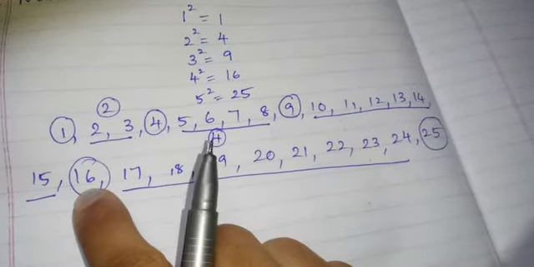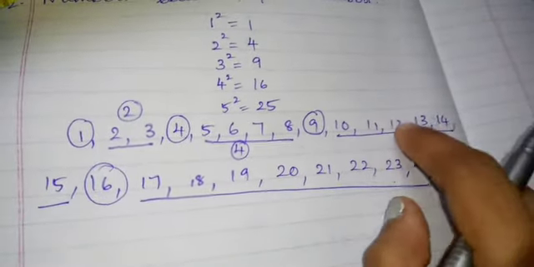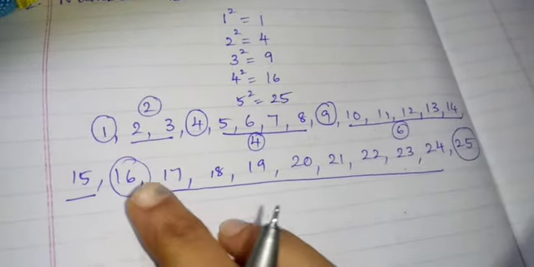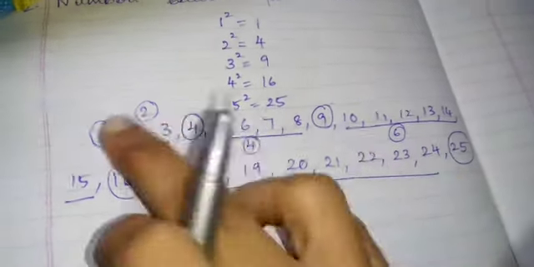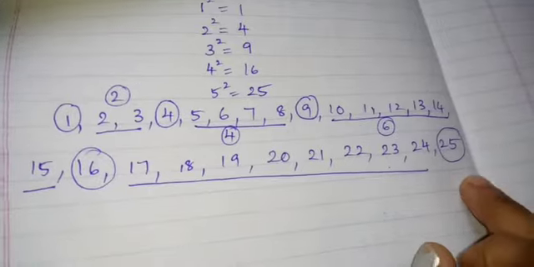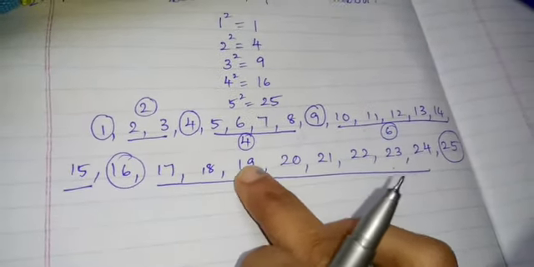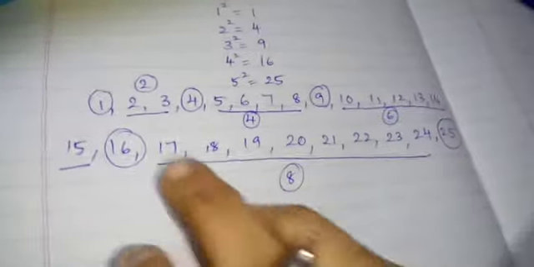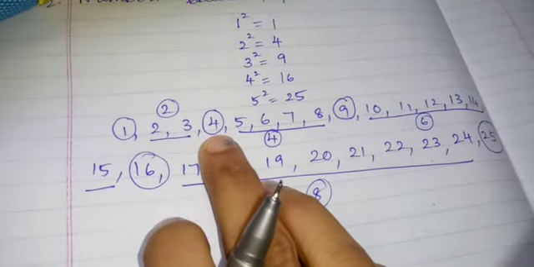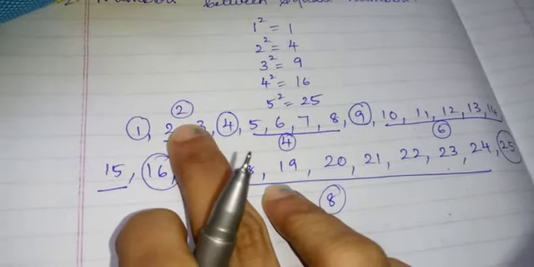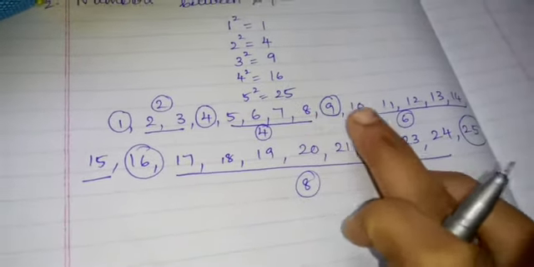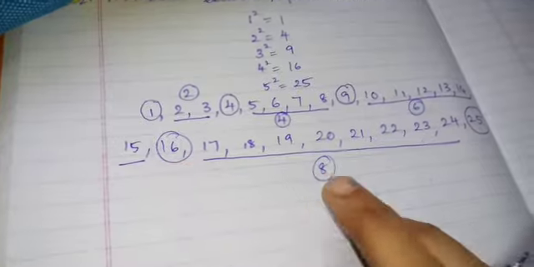The third and your fourth square number, 1, 2, 3, 4, 5, 6. Fifth and your sixth, 1, 2, 3, 4. Fourth and your fifth square number, 1, 2, 3, 4, 5, 6, 7, 8. So, listen. Between the first 2 square numbers, how many numbers are there? 2 numbers. Next 4 numbers are between the next 2 square numbers. Next 6 numbers are between the next ones.